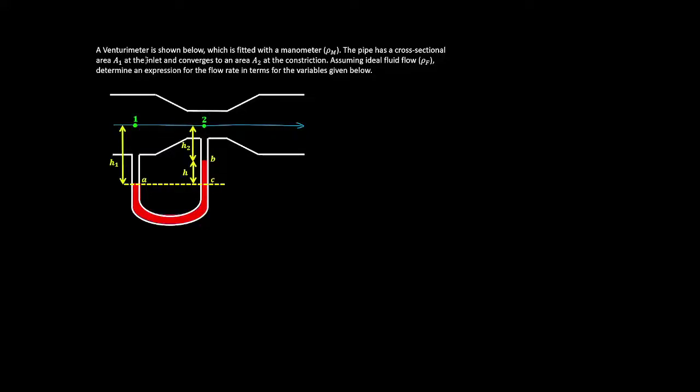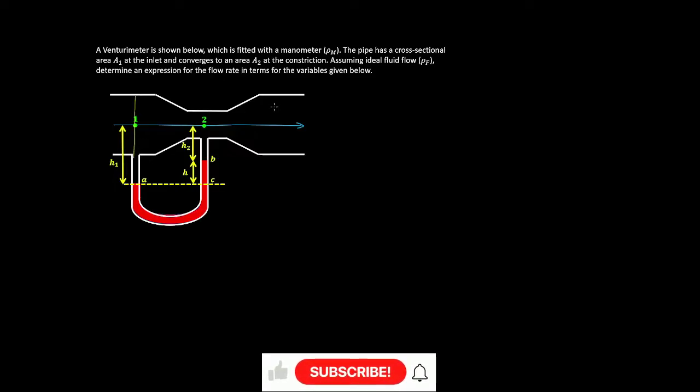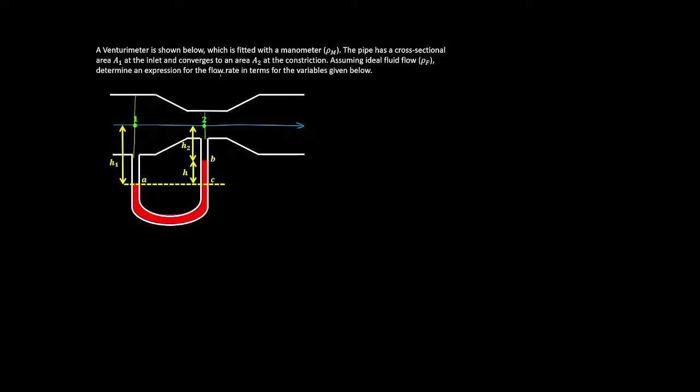A venturimeter is shown below, which is fitted with a manometer. The pipe has a cross-sectional area A1 at the inlet, and this converges to an area A2 at the constriction. So at point 1 you're going to have a cross-section A1, and at 2 you're going to have a cross-section A2. And assuming ideal fluid flow, we're asked to determine an expression for the flow rate in terms of